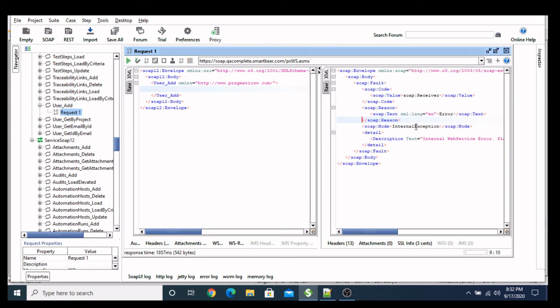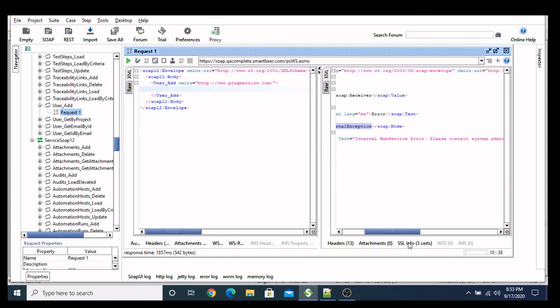Here you can see that it's showing me an internal exception. Many times in my experience I saw that when I don't provide any tags or any data, it will fetch all the details from the DB, which is an incorrect behavior. Many times I saw this behavior and reported it to my developer, and he said yes, this is a bug and we should fix it. Again, here we didn't provide any mandatory data, and based on the missing required data, we receive the internal exception in our responses.